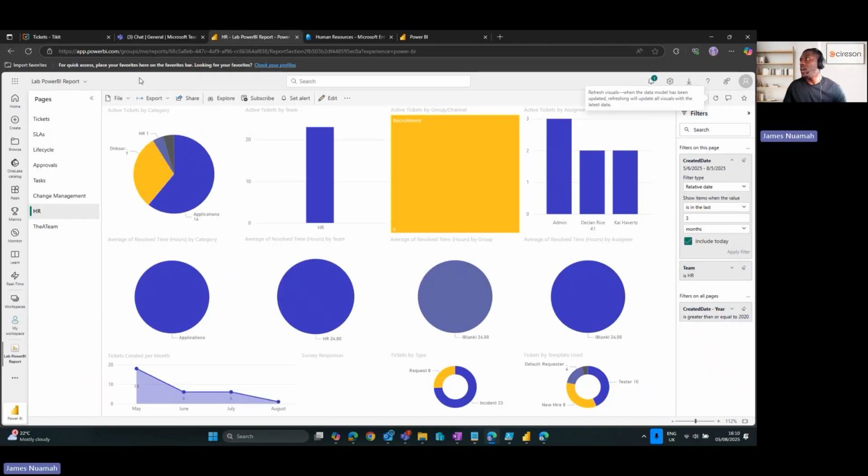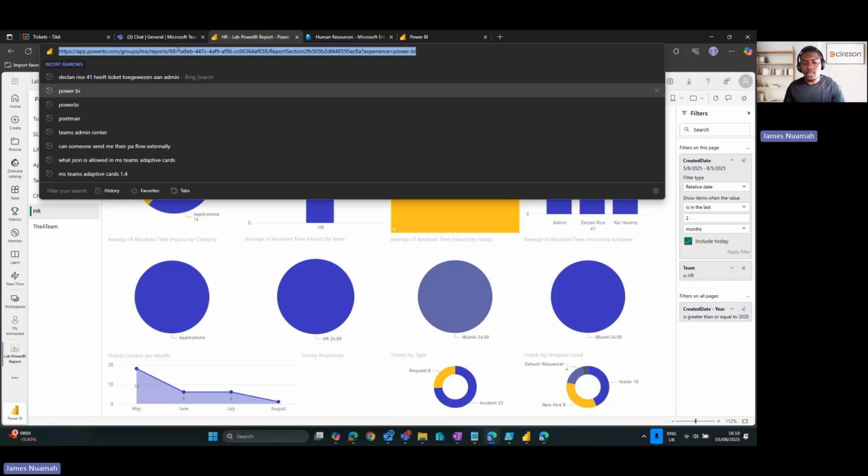So here, I published one of the reports already, and I've opened it in Power BI's website. I've opened the report, and here you can see the different pages available. So I've gone to my HR page, and I can use this URL. I can copy this